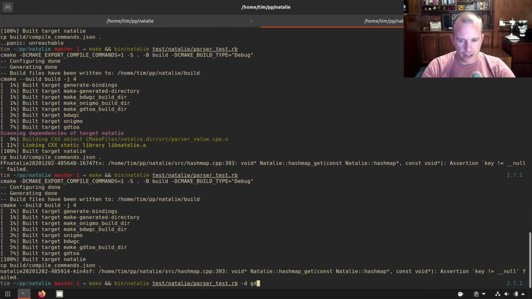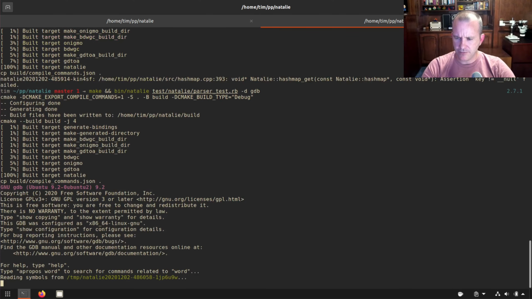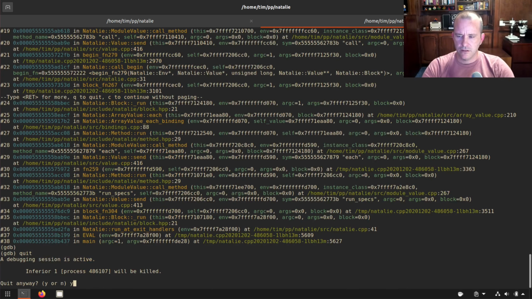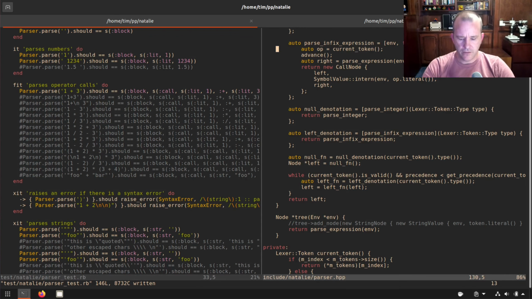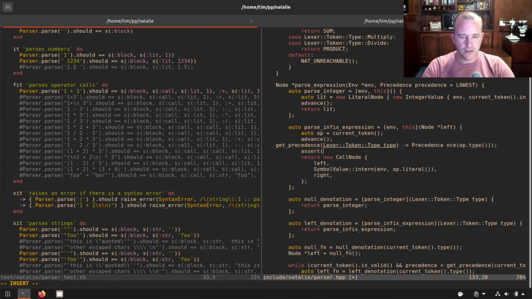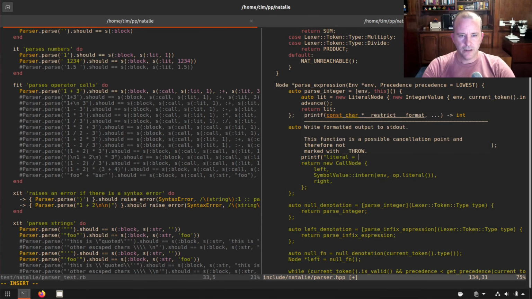And let's run it through GDB. I just want to see what is our stack? What does it look like? Symbol intern, line 135, we're creating a symbol. Op literal is possibly null. Let's just do assert opt.literal shouldn't be a null, and let's go ahead and printf it. Literal equals